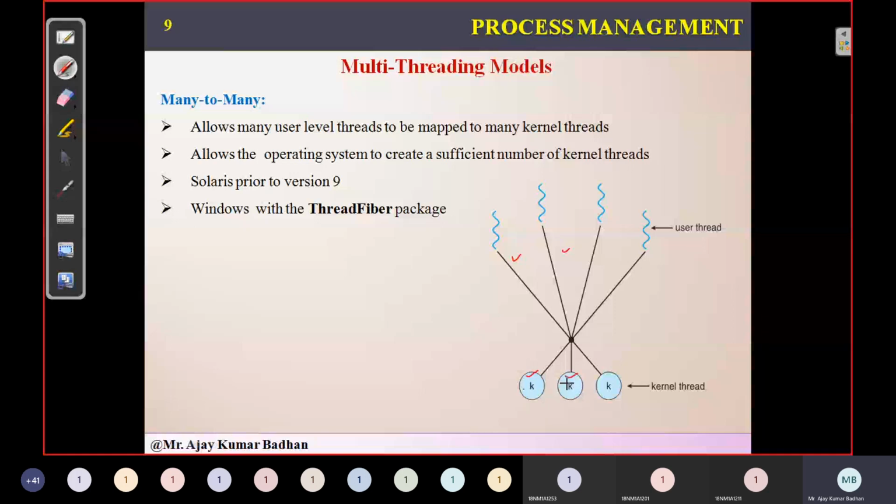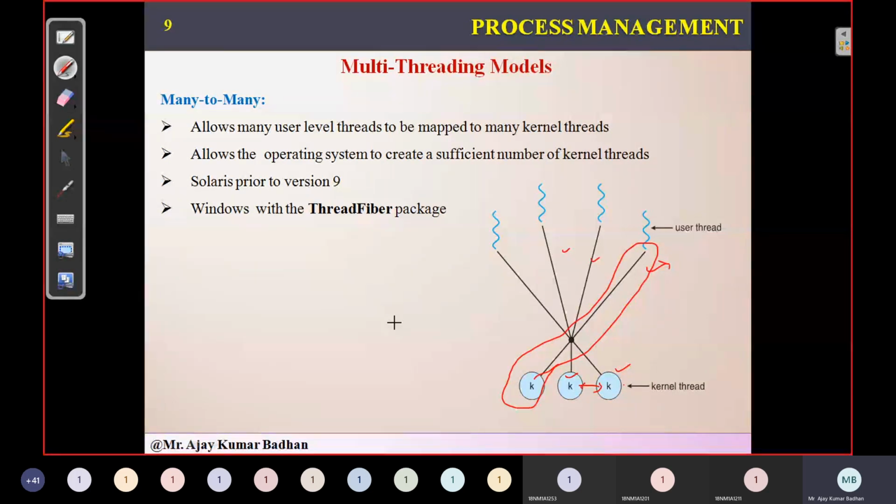After some time, this particular thread came into existence, so this is given to this kernel. But when the third thread is given to this kernel, this thread completed its execution, so it will obviously remove this particular kernel. Now the fourth thread came into existence. The system will find out which kernel is sitting idle. Since these two are occupied and this is empty, it will be allocated to this particular kernel. This is what we call multiplexing.